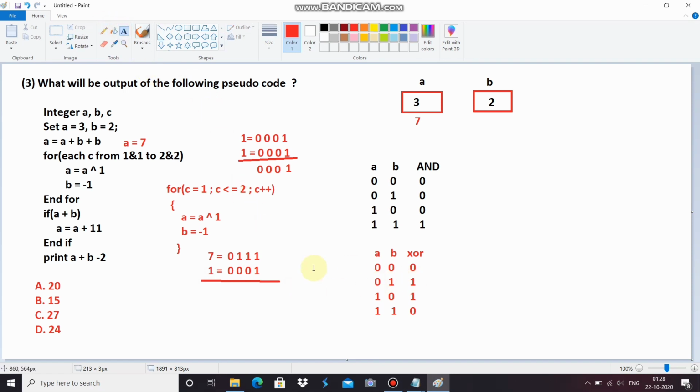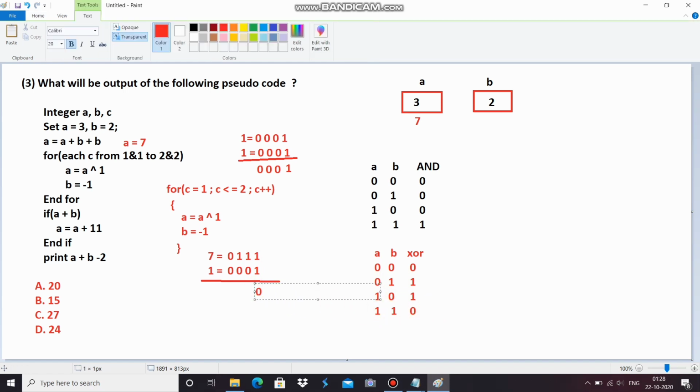Let's see, if both inputs are high, then the output will be 0. If one input is high and the other is low, then the output will be 1. Here also you can see the output will become 1, and it will also be 0.